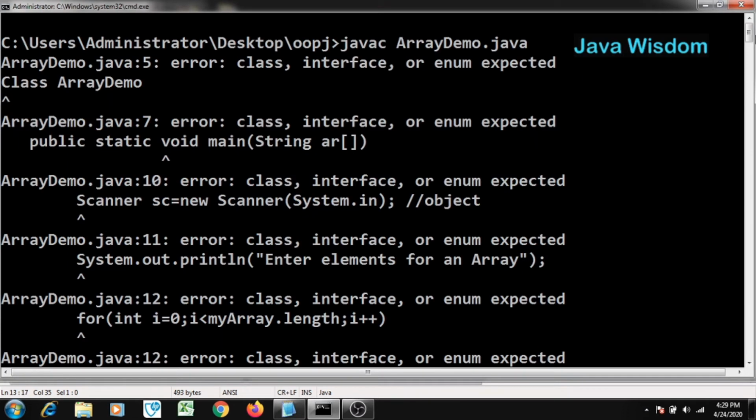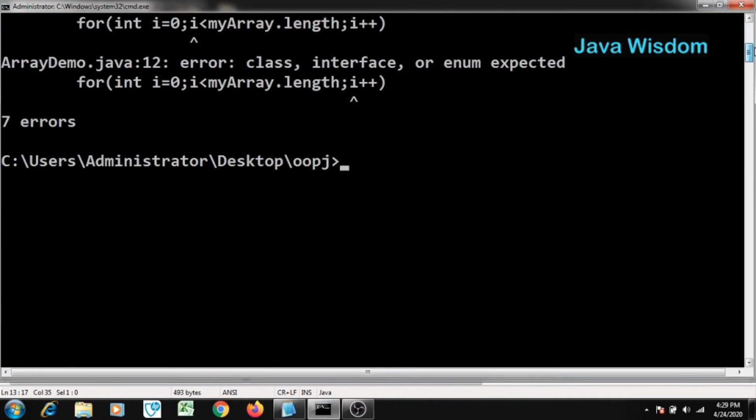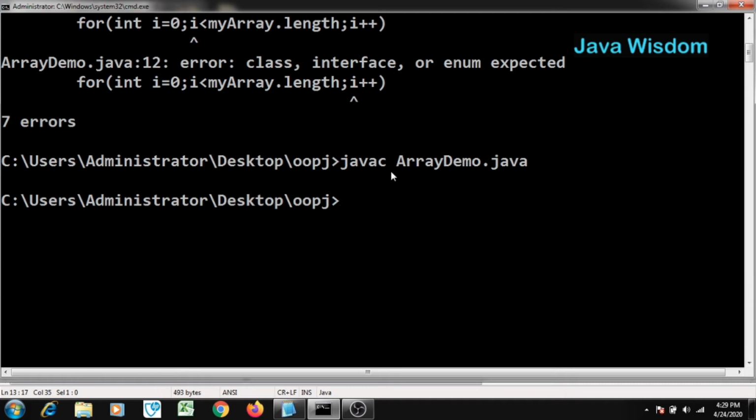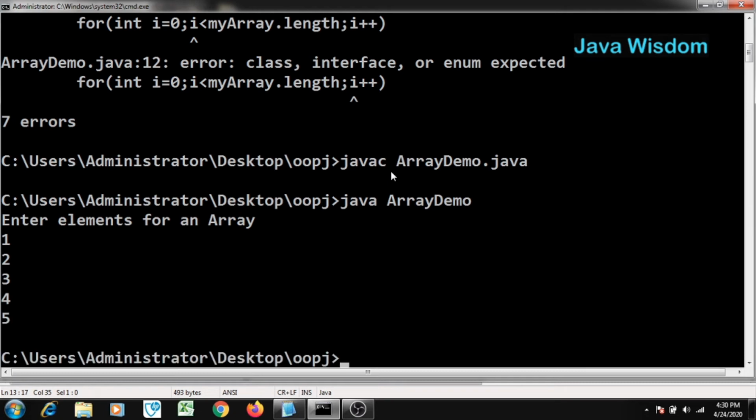That's why we should check or compile the program every time. Right now it is working properly. Now we will check whether it is taking input or not. That's good. So it is working properly.